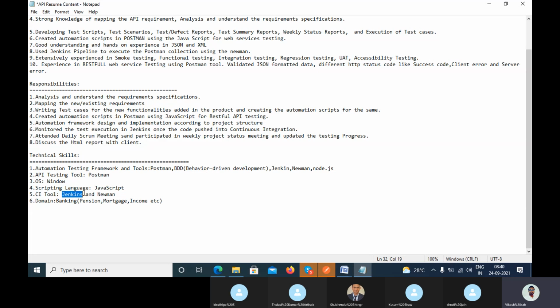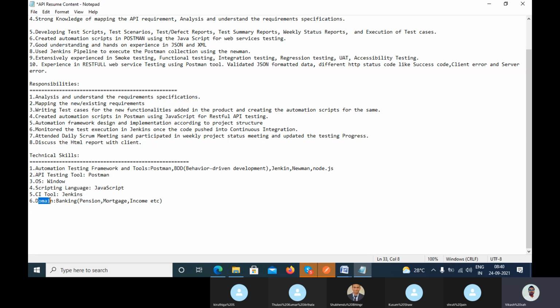You have used Jenkins, and in Jenkins, using Newman, you executed your collection. Newman is not a CI/CD tool, but using Newman you are executing your collection. That's why I had mentioned it here. Okay, let me remove it because it's causing confusion, right?